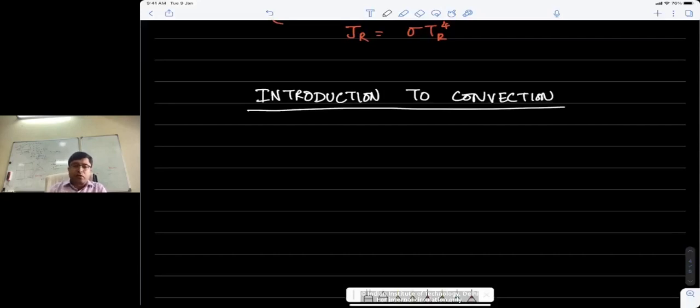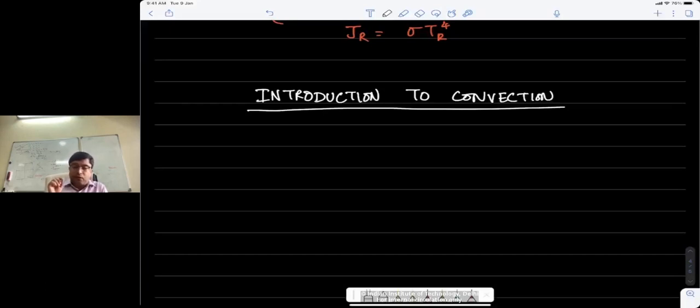And the second part is that we want to look at methods to perform these convection transfer calculations. Everywhere that you have been working out problems which had some convective component, for instance a boundary condition, I have been mentioning that the convective heat transfer coefficient is known. Now we will actually work out how it is determined. That is one major issue. Once we understand how the convective heat transfer coefficient, which is the central pillar of all convection calculations, is determined, then doing those calculations becomes more meaningful.